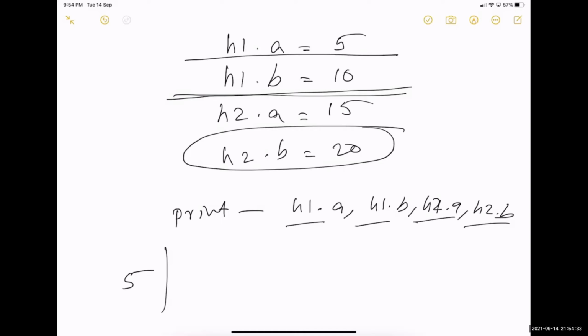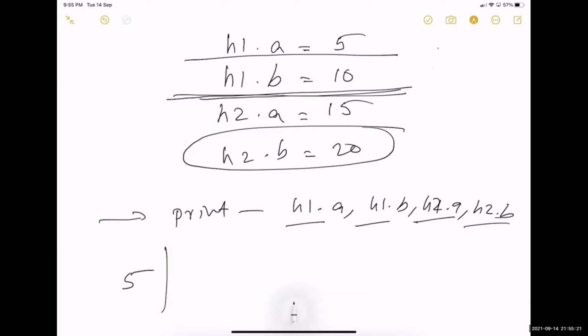I mentioned, right? B is static. So static means it is common for all the objects. So whether you access it from h1 or whether you access it from h2, it is going to change. So when you execute this statement, its value is going to be 10. But because we are printing after executing all the statements, when this statement is executed, this will become 20.